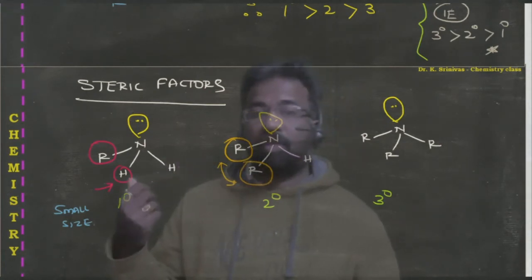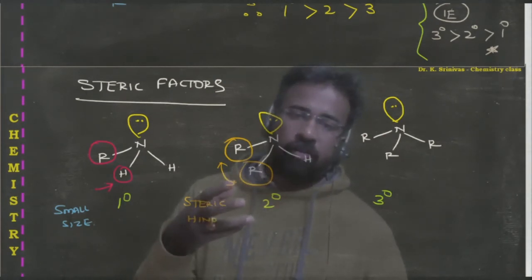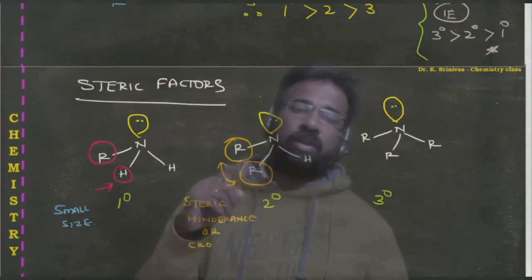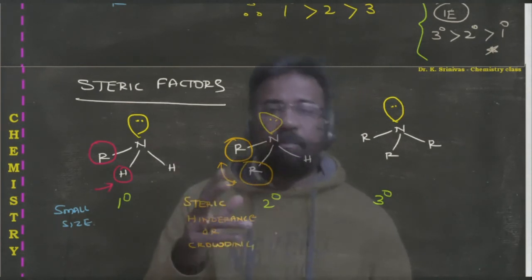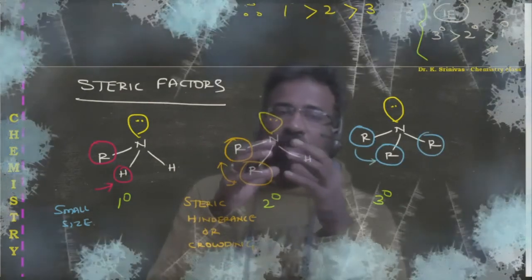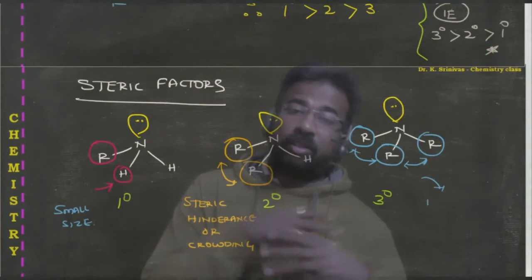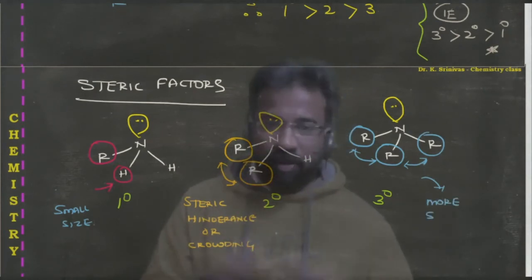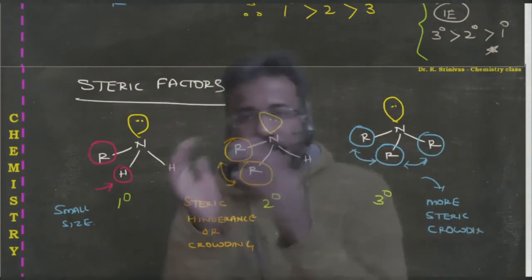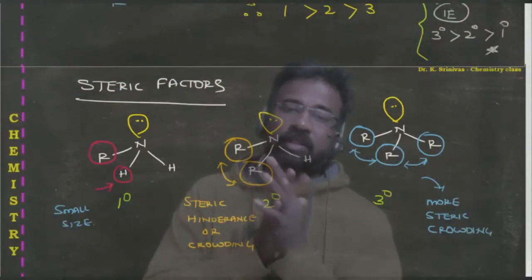When you compare with this previous one, this is sterically hindered, more crowded. Why more crowded? Means bigger in size. These two are bigger in size when you compare with this one. So they will be having some crowding type. Whereas in the case of this tertiary, we have the three R groups whose size is bigger when you compare with the hydrogen. So more steric hindrance. More steric hindrance means lesser space. So there is a lesser space for this one.